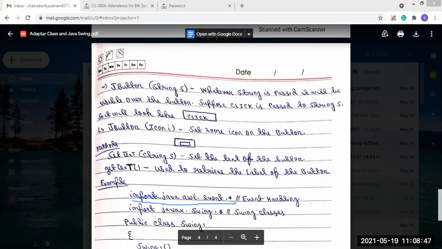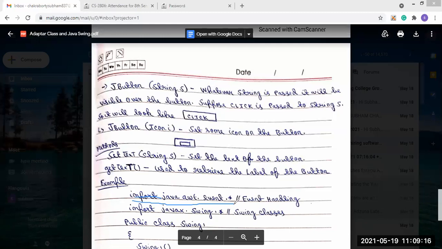java.awt.event.*. That means we have imported the java.awt package, because we are also using event handling here. For using event handling we have to import java.awt.event.*, because in java.awt the event classes are not present.